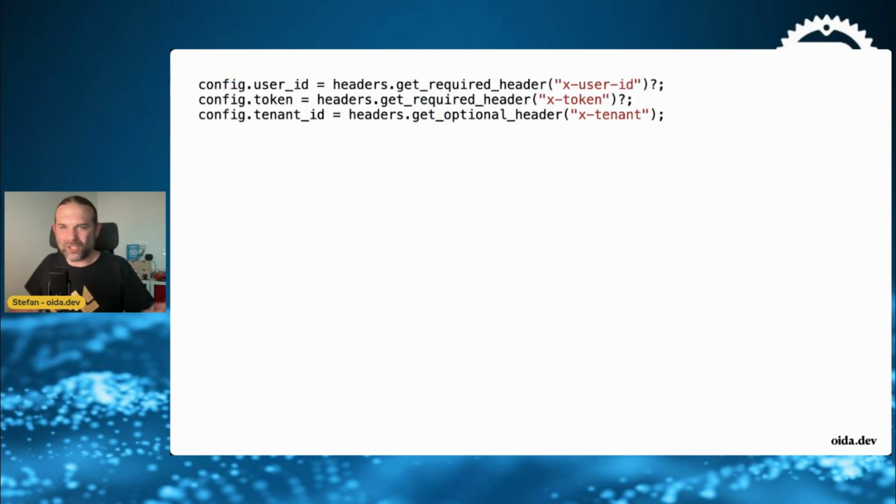I get the required headers, optional headers. The question mark tells me that there can be an error, so I bubble it up. And I know from the method signature what's going on. And I reduce my code effectively. Okay, a couple of little changes in the config part and in the app mode part, but now for the